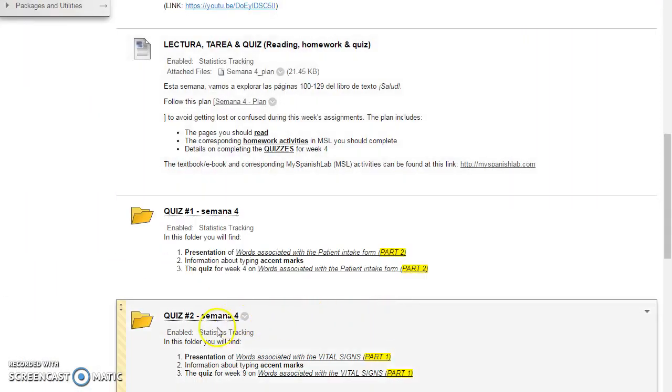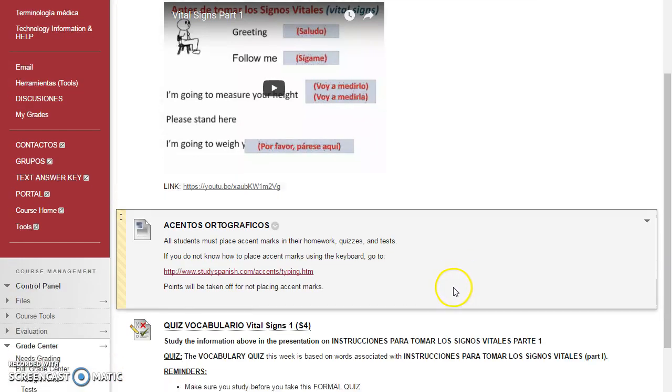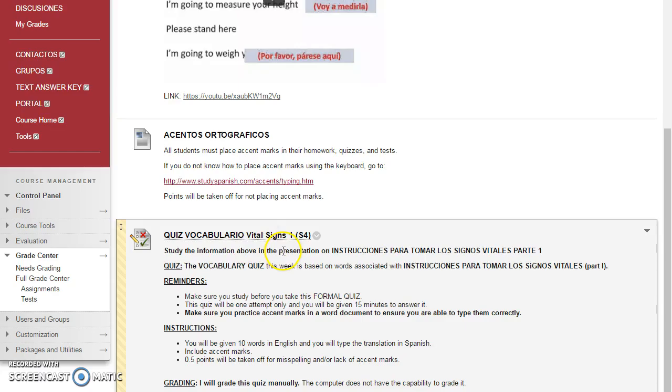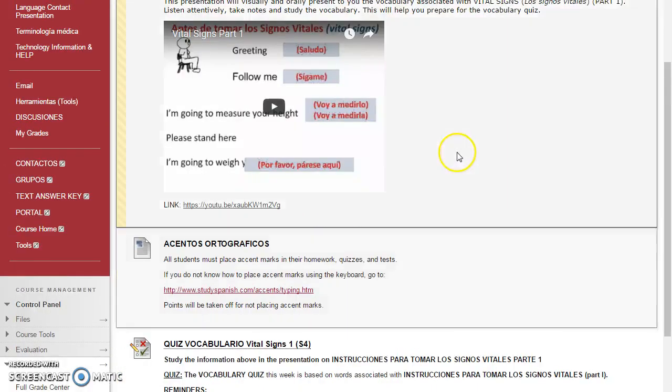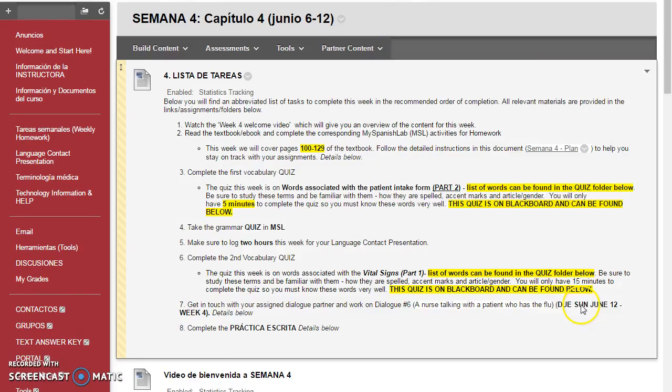If I scroll back down again, quiz number 2 will be over the vital signs part 1, los signos vitales parte 1. You'll watch the presentation, listen attentively, take notes, study that vocabulary, and once you feel comfortable, take that quiz. For this quiz you will have 15 minutes. Now if I go back to semana 4,